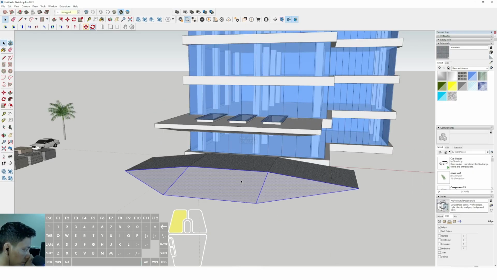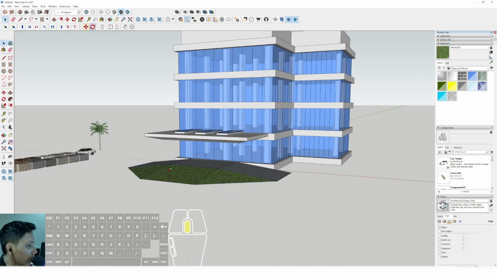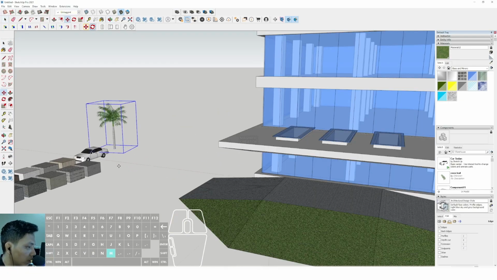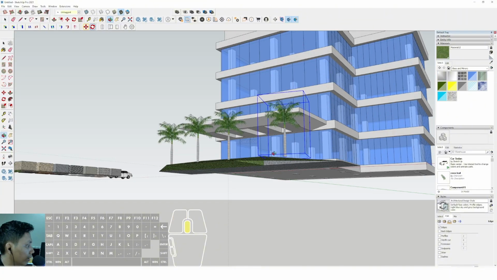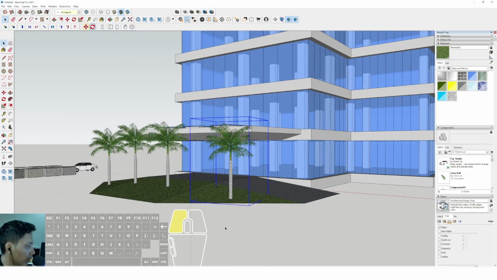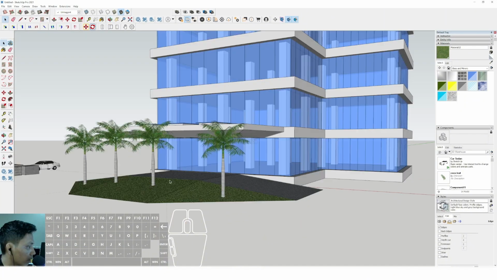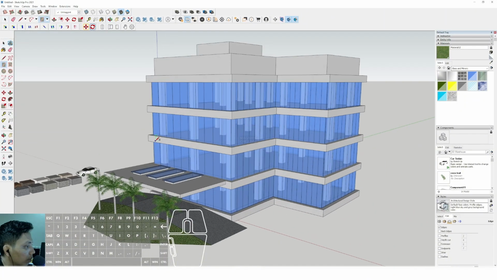Okay, and then we can triple click and make a group. So we can assign the grass materials in here, and we can also put the plants in here. Okay, we can move it down like this. So this is about the landscape and the entrance area over there. And now we can make the